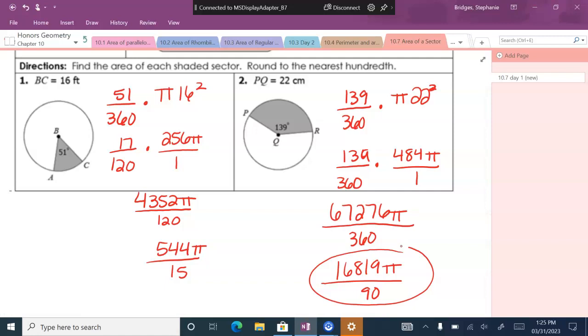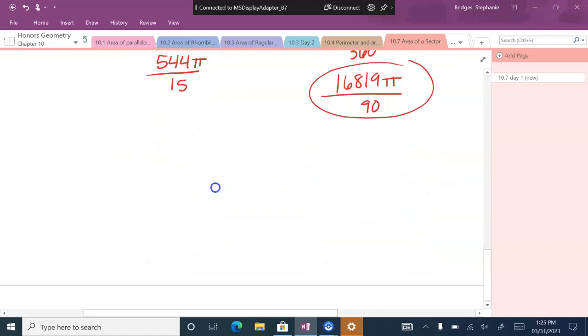Okay, I'm going to give you better numbers. So yours will either divide out to be a smaller fraction or it'll completely divide out. I'm not going to give you any nasty large numbers like this. Do we understand the process and the formula though? Yes. Okay. Very similar to